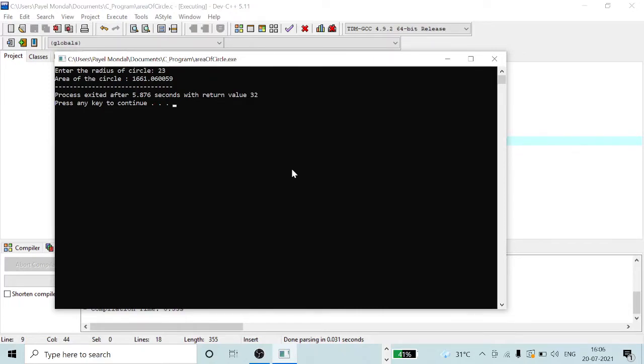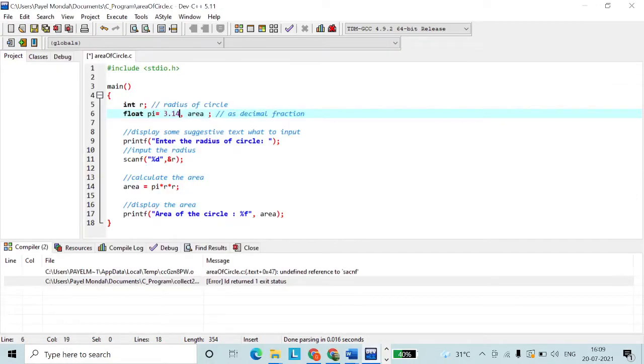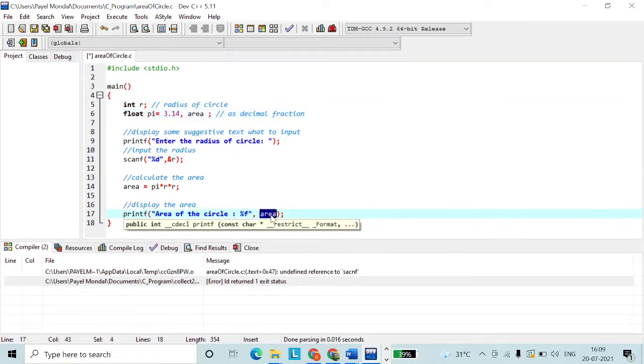The area of the circle is 1661.060059. See, here we have the integer value r, which we are taking as input, and we have the area value, which we are displaying in output.